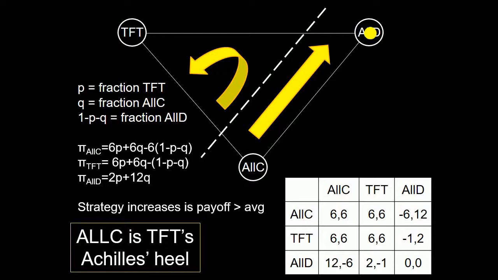When you say mutation, does that mean some things are randomly switched between whatever is currently present? Could I mutate TFT when I'm on the all C, all D line? Yeah, it's a good question. You can implement mutation in different ways, but in something like this, where there are just these three strategies, the idea would be that